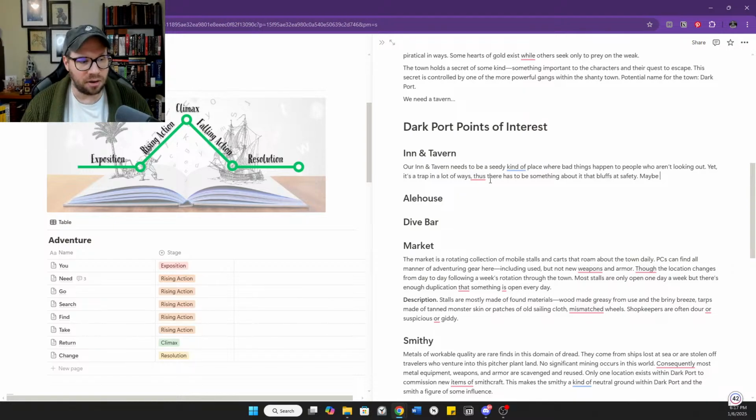Although we could think about how the sorts of features of a beautiful forest might affect how we view this seaside tavern here. Yeah, something to think about, because it's an inn and a tavern. We need it to be the building. We need it to be something specific because we've already kind of built some stuff in this.